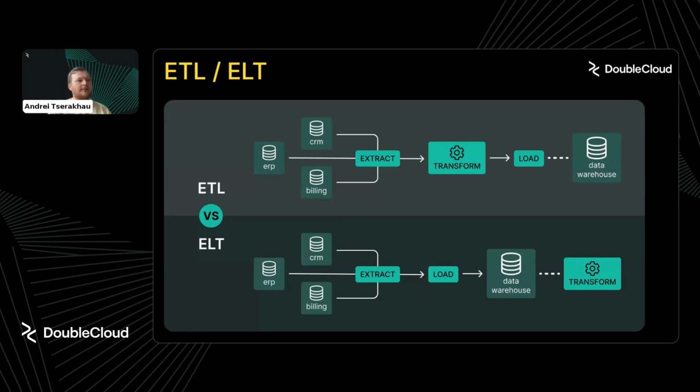But as a downside, an ETL pipeline is usually much more complicated and requires deeper knowledge of the underlying technology, and sometimes it requires a lot of code because these transformations are usually done by some third-party code. Yeah, but ultimately in both cases, ETL and ELT, the ultimate goal remains the same,